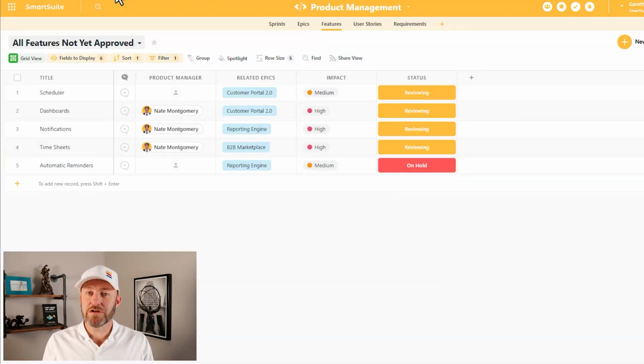SmartDocs are a type of field inside of SmartSuite, and they allow us to do a lot of really cool stuff. This particular field is like a rich text field with so much more going on. So let's go ahead and hop on into my screen and I'll show you exactly how to bring up your